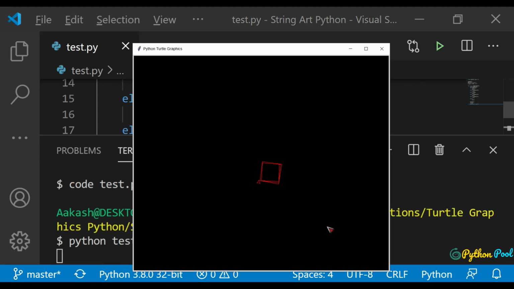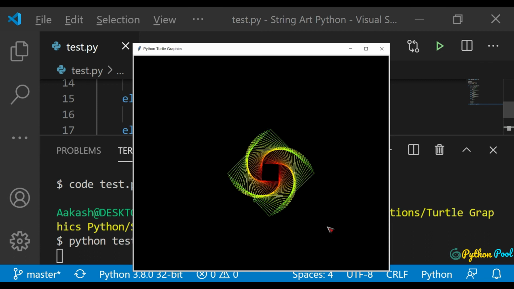You can see it gives me a similar output to what we saw at the beginning of the video, a beautiful string art using the Python Turtle module. Let's wait for this string art to complete itself. It should be noticeable to you because it starts right from scratch, though it may not be noticeable when it is small in size. So let me wait for it to become bigger so you can see it easily.